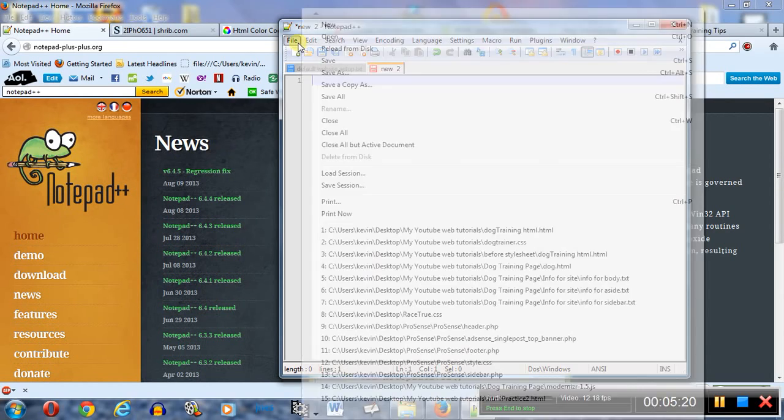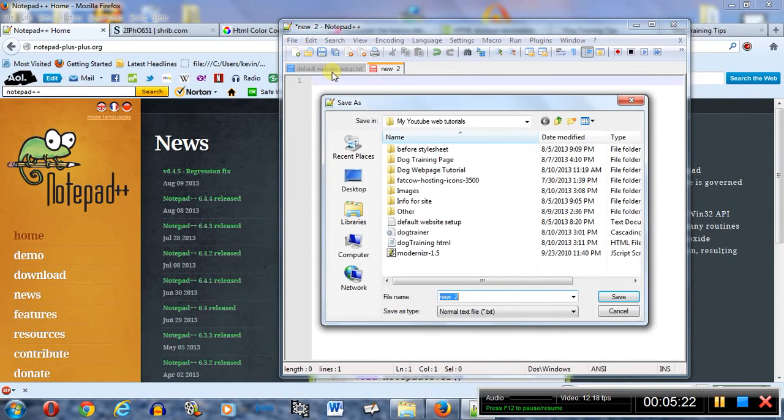And then the first thing you want to do whenever you create an HTML document is go to file, save as, whatever you want to name it. A lot of people name it index.html. But I'm going to name this one dog, and the reason is because let's say you want to make multiple HTML files. I want to show you this way because it's a little bit easier to understand, rather than me just writing index. So I'm going to name this one dog.html,